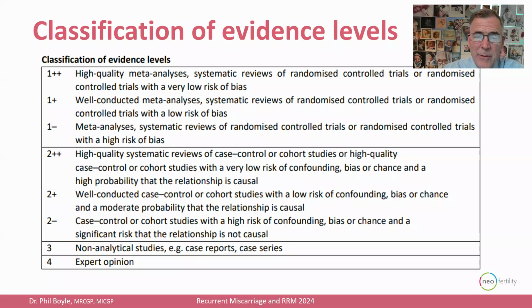And then when you're at a level 2, it's not the randomized controlled clinical trial. It's different types of studies, like a high quality systematic review or case control cohorts, and always trying to take into account the risk of bias or chance, which gives you lower level evidence. And then the level 4 is just expert opinion, and level 3 is case reports or case series. So you can see that while it's useful to have an expert opinion or look at a case report or case series, we're always looking for more and better evidence. And the thing I would just say is, well, bear in mind, it starts at lower level before you get to the higher level.